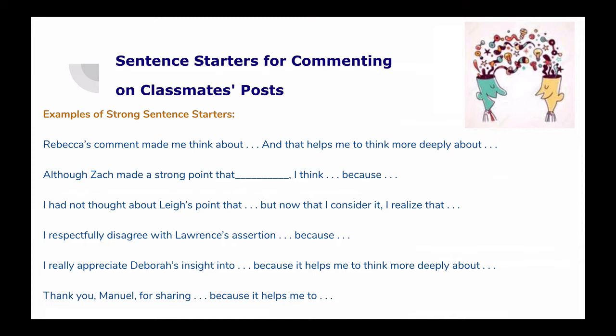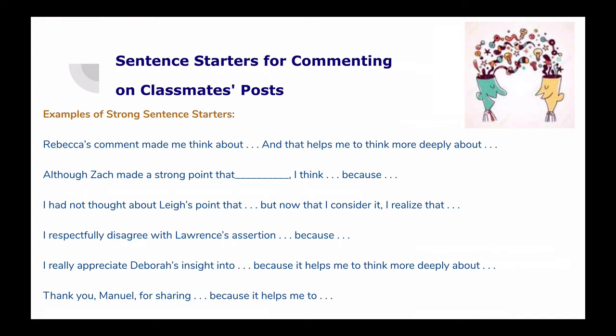Something like, Rebecca's comment made me think about blank, and that helps me to think more deeply about blank. So you want to always be pushing yourself to extend. Although Zach made a strong point that blank, I think blank because blank. So all those blank spaces are spots where you are supposed to be adding full-blown sentences worth of deep consideration